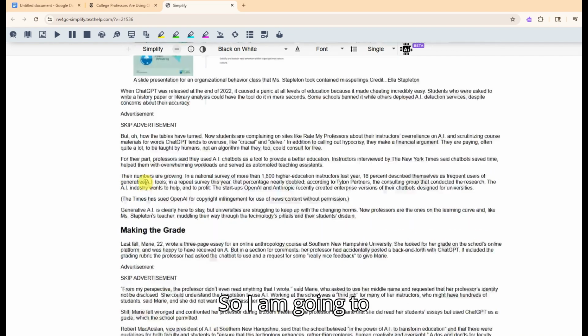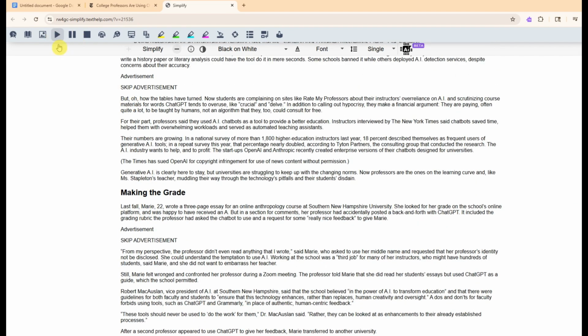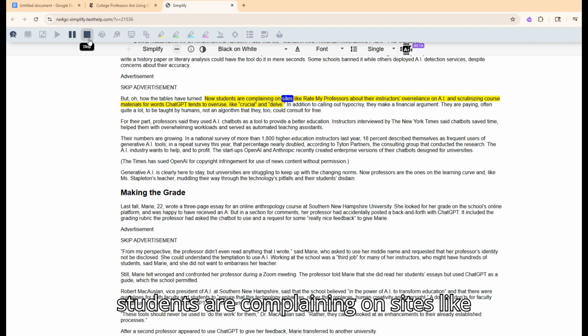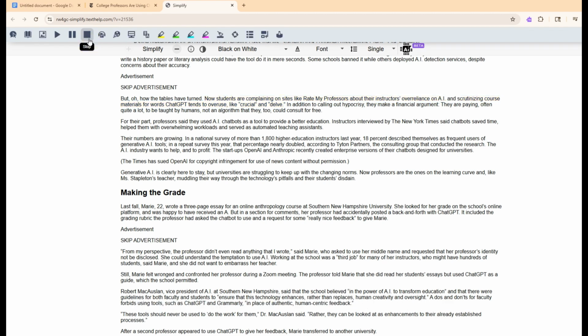So I am going to scroll down here and highlight this first sentence. But oh, how the tables have turned. Now students are complaining on sites like Rate My Professors about their instructors' over-reliance on AI and we're going to